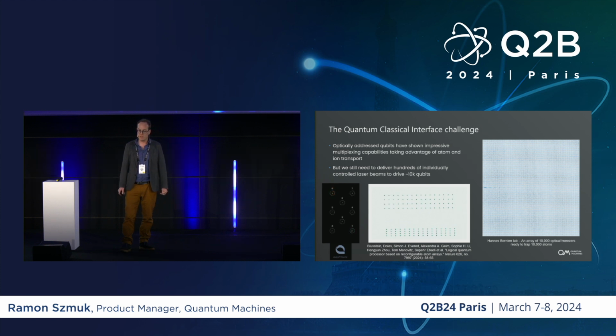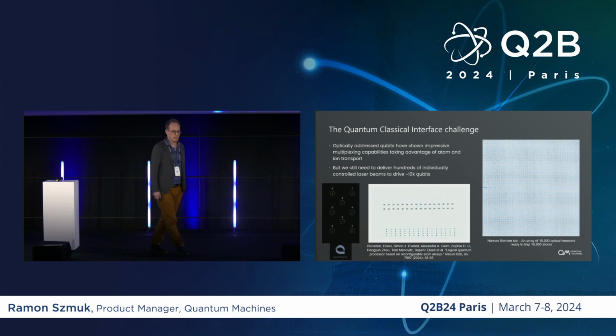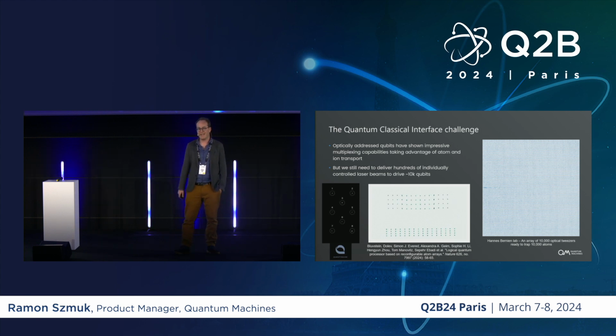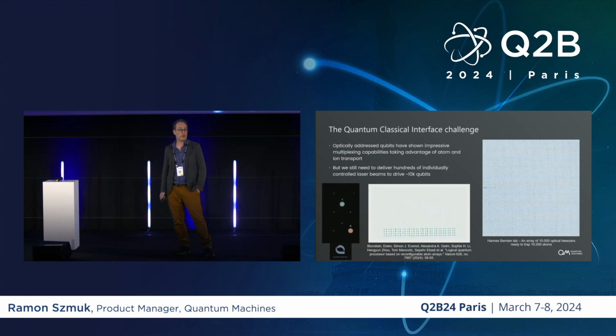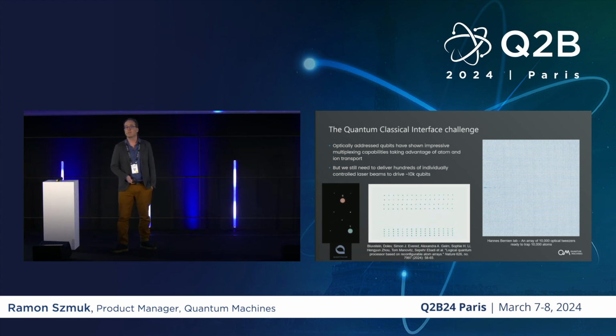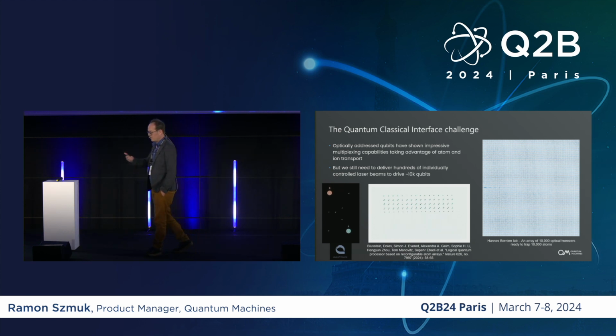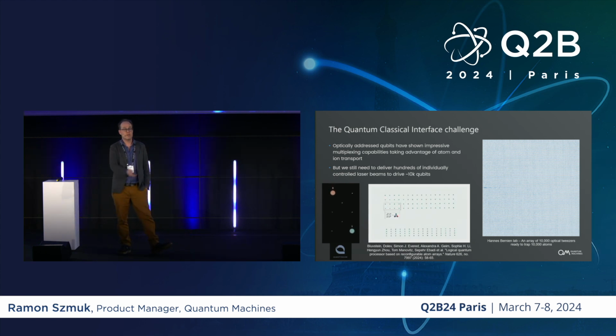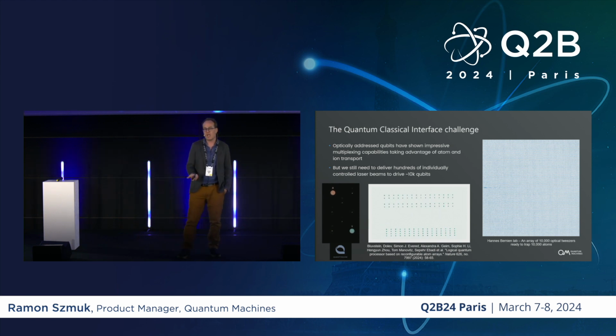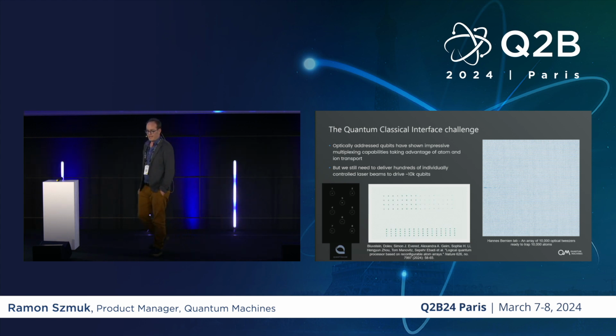milestone. And so, yes, atom arrays and ions can leverage multiplexing quite nicely, but you still need hundreds of channels. And on top of that, these channels are more complicated. They are not coaxial cables anymore. They are laser beams. You need to deliver hundreds of individually modulated laser beams now to drive at least a subset of these atoms. And so this is a channel. So not only do you need many channels, and this quantum classical interface must scale, but also every qubit modality needs its own kind of channel. You have DC channels and high-frequency microwave channels and terahertz channels for optically addressed qubits in the form of lasers.